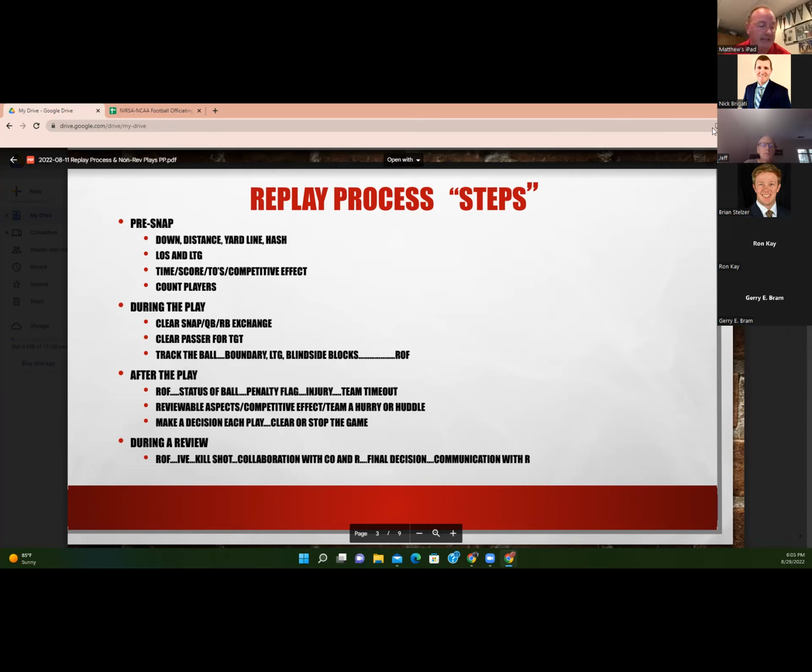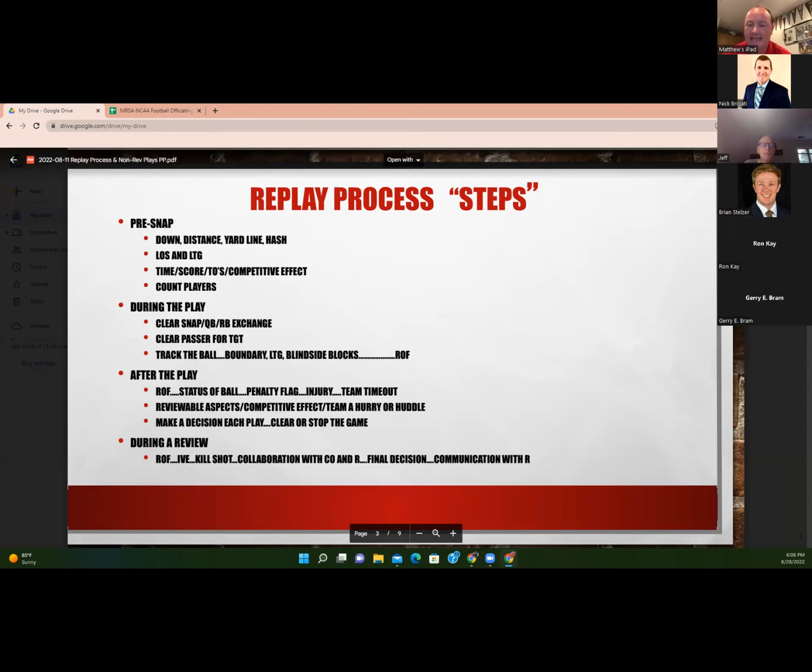Also, after the play, from a replay perspective, from our RO, I need to know what are the reviewable aspects. Is there a competitive effect going into place right now with 2 minutes to go in the fourth quarter or 8 minutes to go in the fourth quarter? Or are we in the first quarter and it's 12 minutes to go? Is the team in a hurry up or are they in a huddle? All those factors come into play,